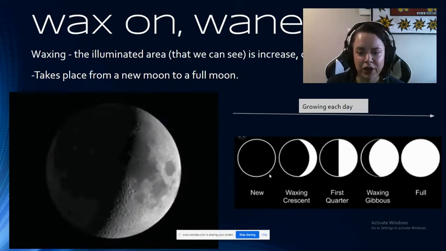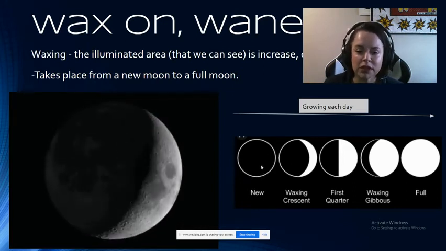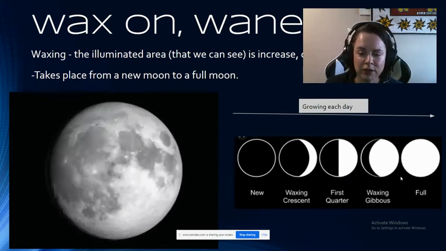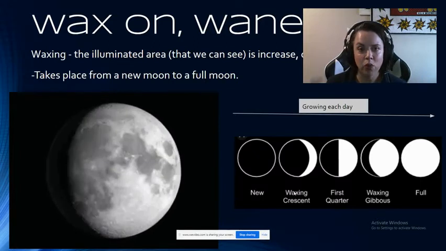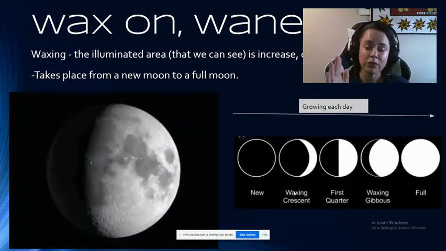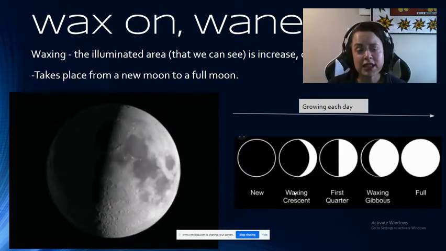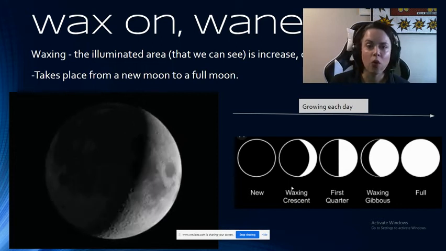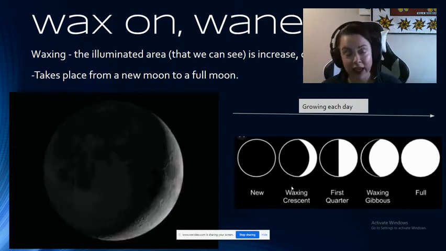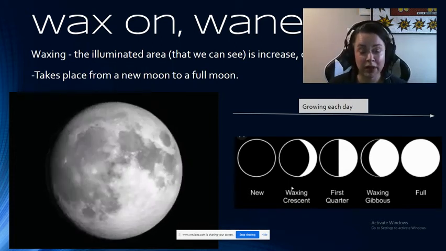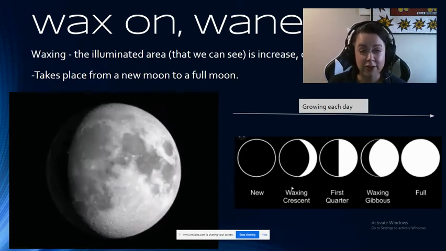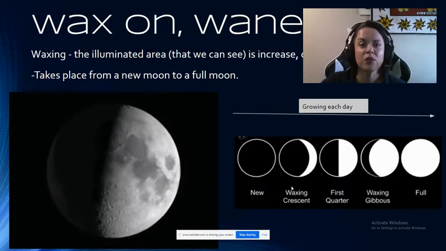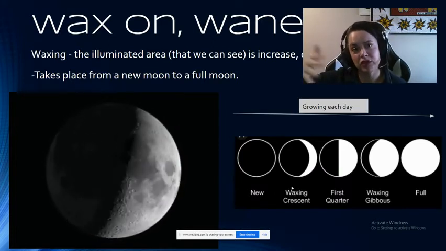And from there, from this new moon, we will start to see parts of the moon begin to illuminate as it revolves around the Earth. This, where we actually see the part of the moon visible to us, is growing. This is called waxing. And so you can think of wax on, wane away. And I actually really, this is very, very helpful because I have a really hard time remembering this stuff. And so if you can think, wax on, where we get the part of the moon that's visible to us growing,